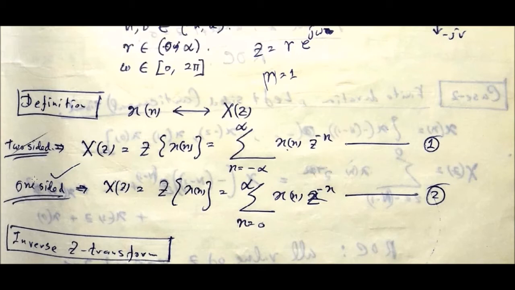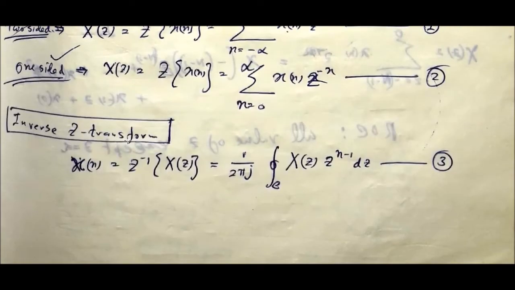If you want the one-sided transform, that means for only causal signals, then the same thing applies, only the index will start from 0 up to infinity. Only the right side of the time axis has to be considered, because the signal itself is a causal signal. Now, for the inverse z transform, you can get back x[n], the time domain signal, from the z domain signal by using the inverse z transform, denoted by Z to the power minus 1.